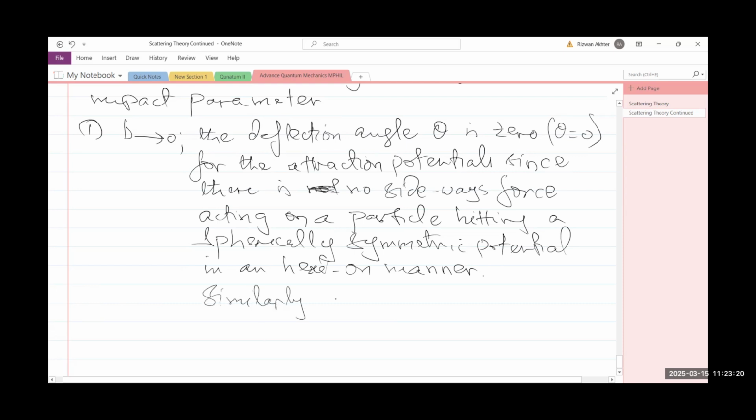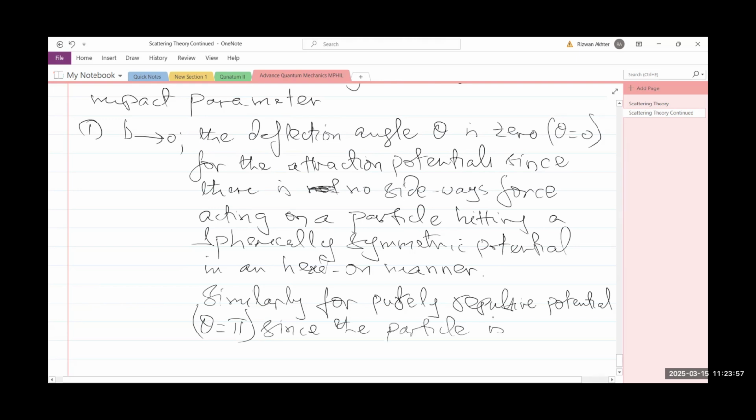Similarly for a purely repulsive potential, that would imply theta is equal to pi, since the particle is reflected